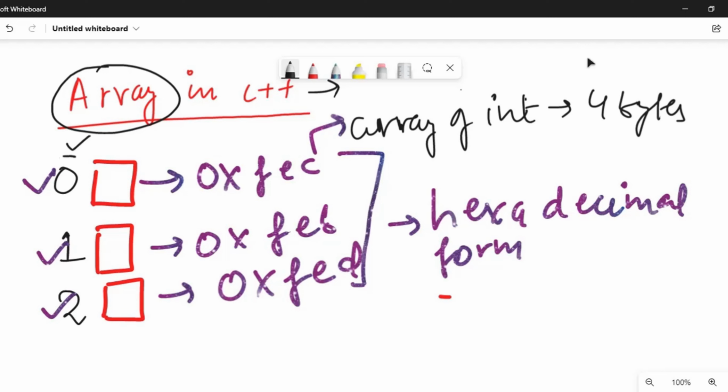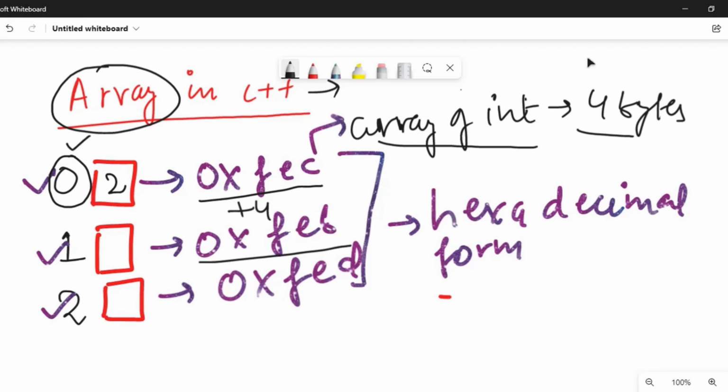If for suppose I am going to store the value 2 at the 0th position, the difference between the first and the second address would be +4, because the size of each integer element is 4 bytes. That's why this is also +4, this is also +4. If I store 3 here and 4 here, the difference of address between them is 4 bytes. But the zeroth, first and second index values would always be in the continuous memory location.